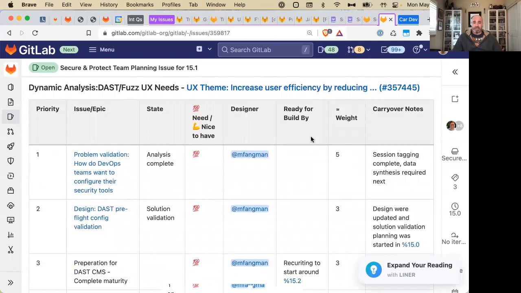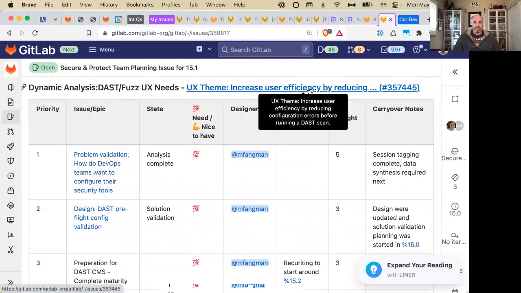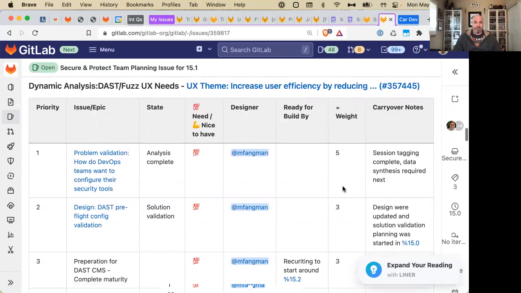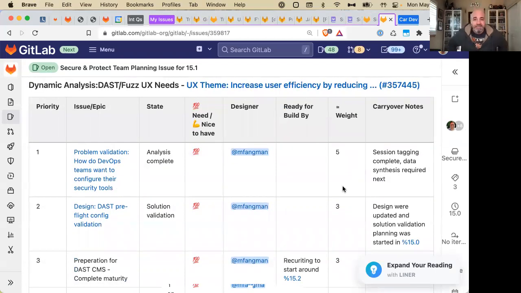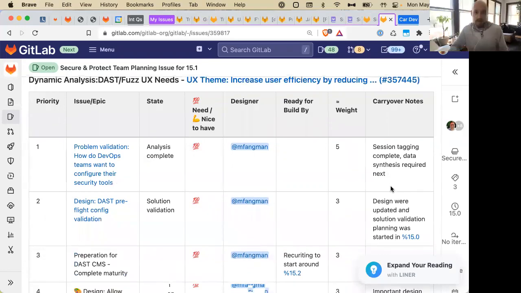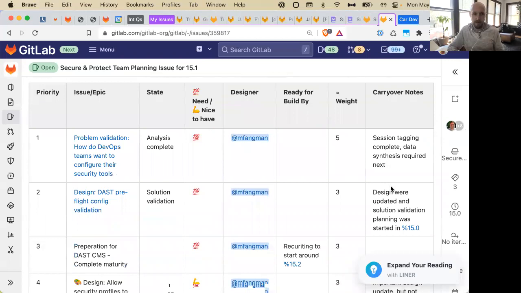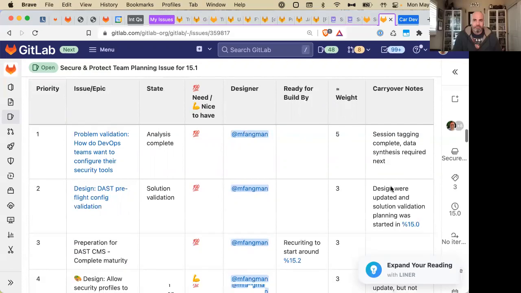Dynamic analysis. I like that you've linked your theme. Yay. So Michael, how are you feeling about these? Yeah, feeling pretty good. A lot of them are still sort of carryover continuation of efforts from the last milestone. So doing some analysis, finally going through the synthesis of the problem validation, finally did all the tagging the past couple milestones so we can start actually looking for insights and findings and such.